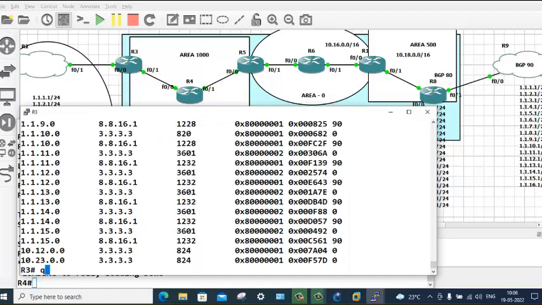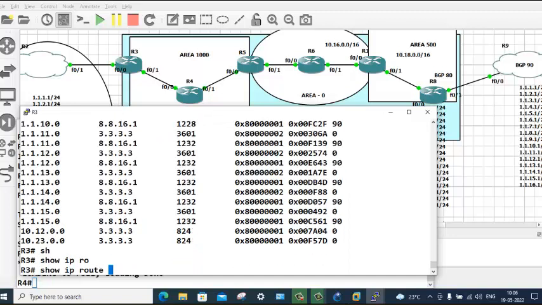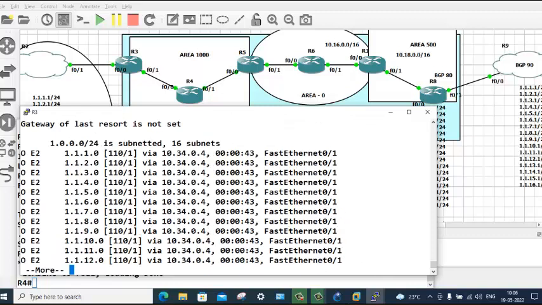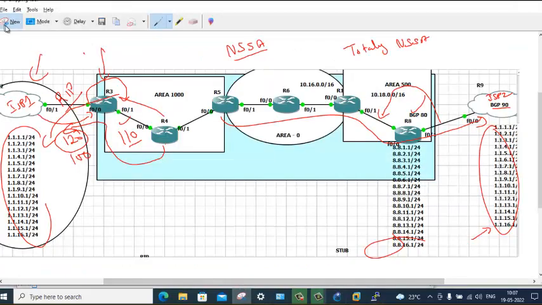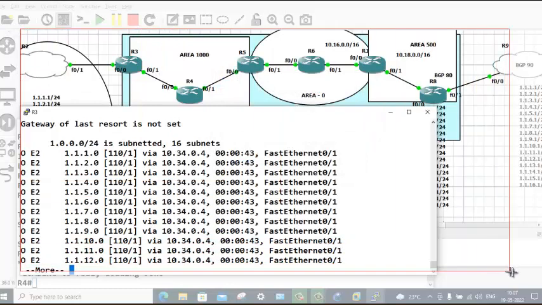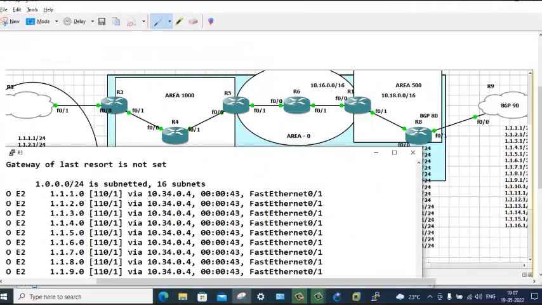Show IP route OSPF. The path it prefers is via 4. Please focus. I'm trying to take you close to not so stubby area. Listen. Now it shows which one? Router 3. In order to go to these networks,